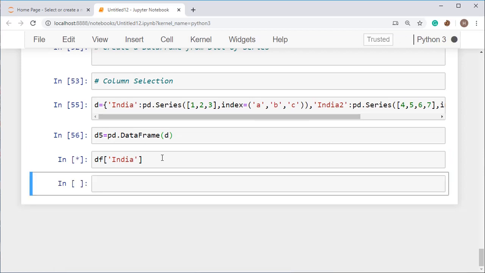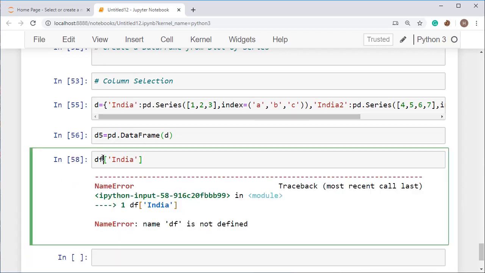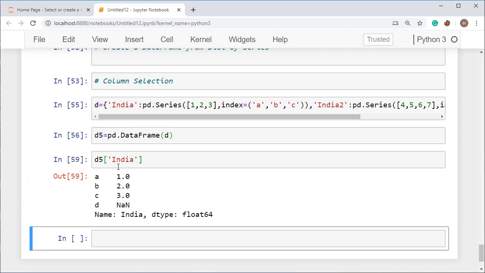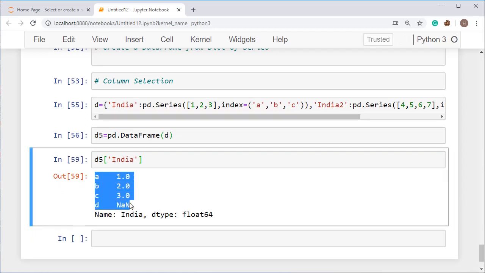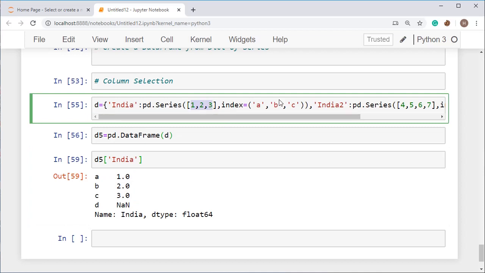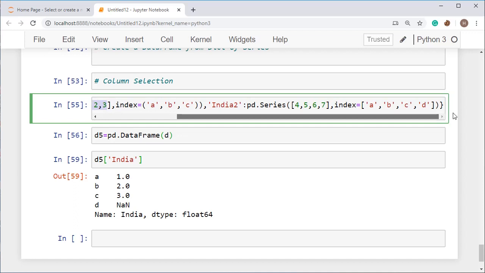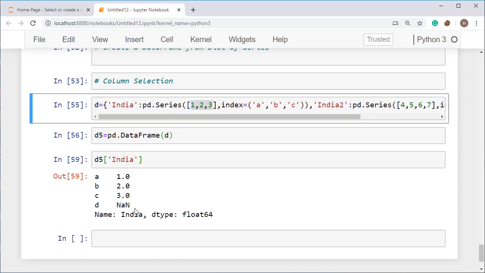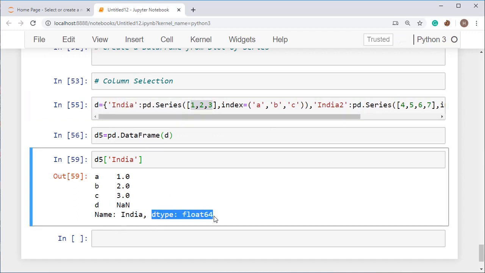Sorry, I have used df in place of d5. So I have got all the values in India. See here, all the values India 1 to 3, and at the fourth index, that one is D, we have no value, so this one is showing NaN, and the data type for India is float64.